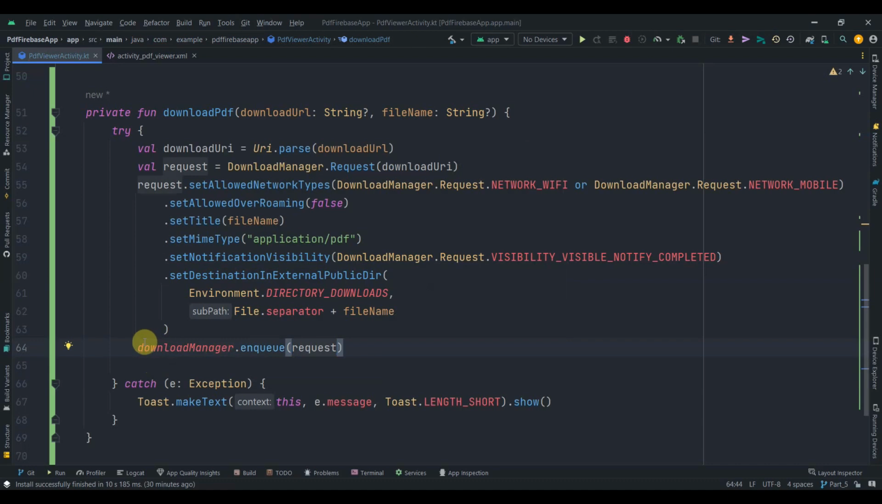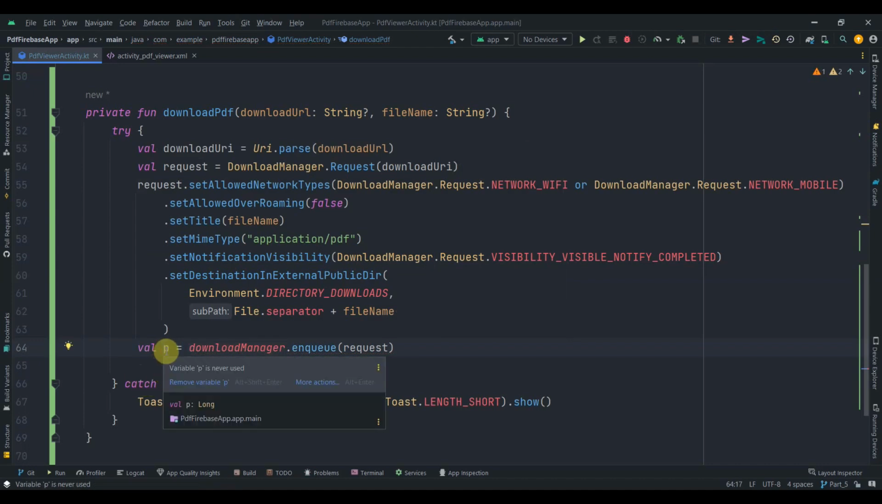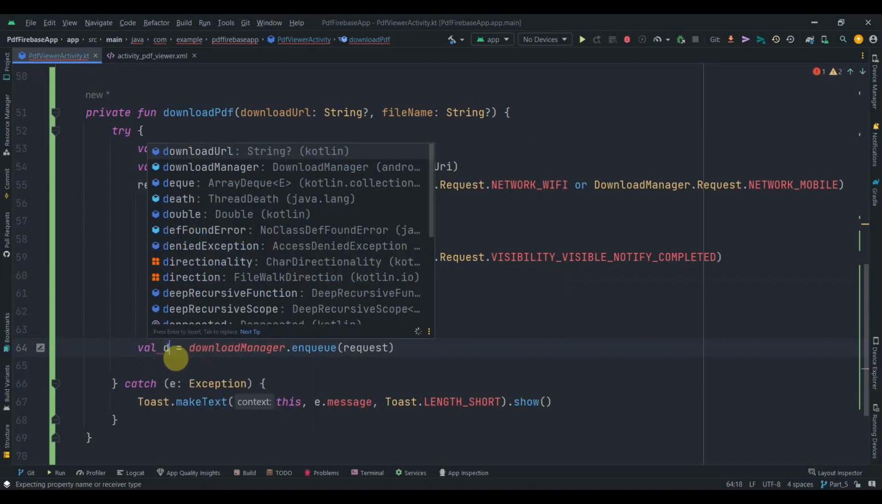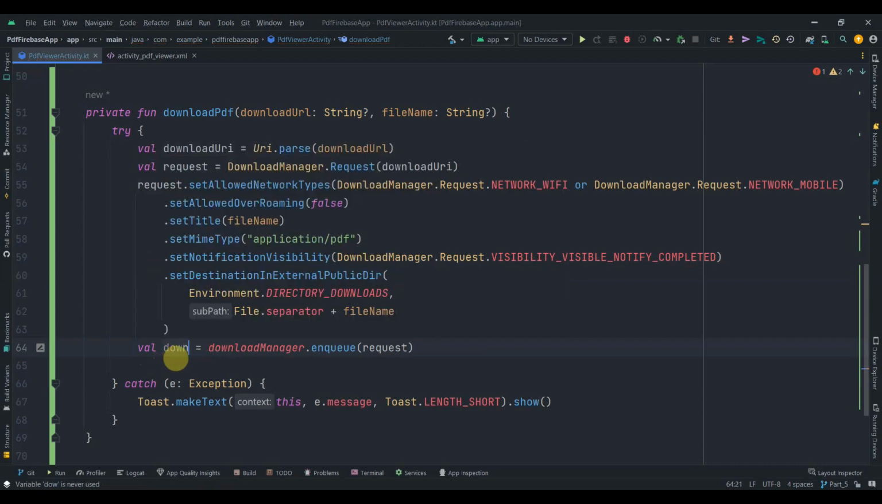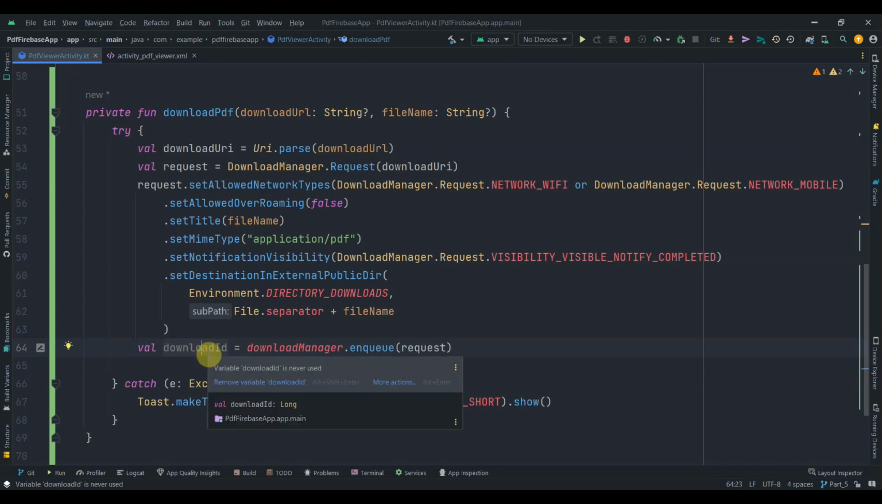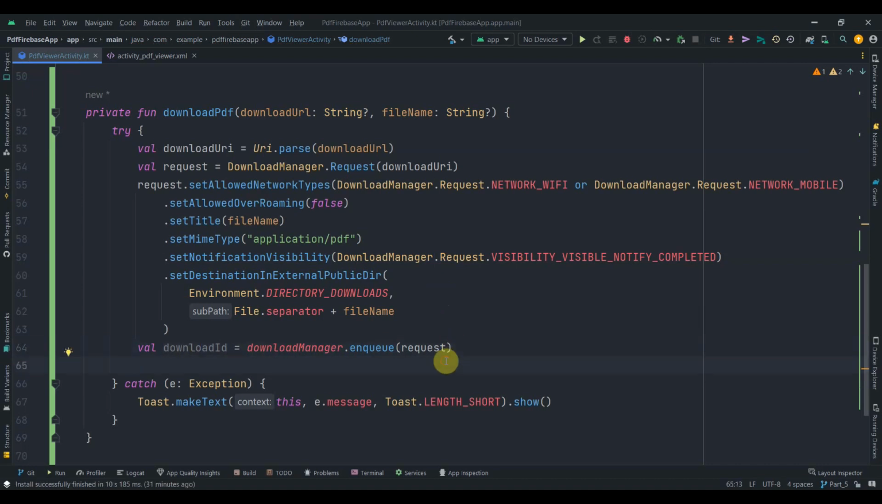Cool. Let me just create one variable here. I'll just write it as p. And if you look at what this download manager dot enqueue returns, it returns long. So it is actually a download ID. So let me change the variable name. So this is our download ID. With the help of this download ID, we're gonna figure out the progress of the download or the percentage of